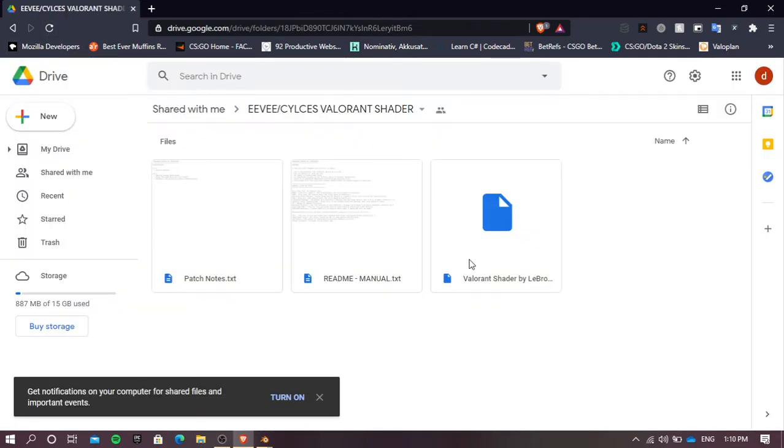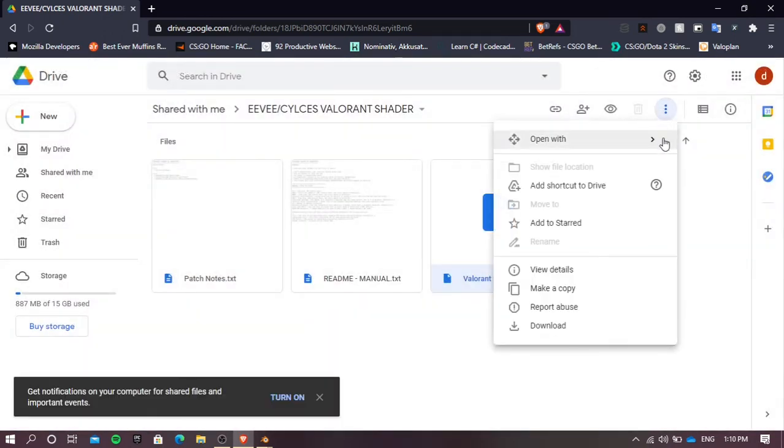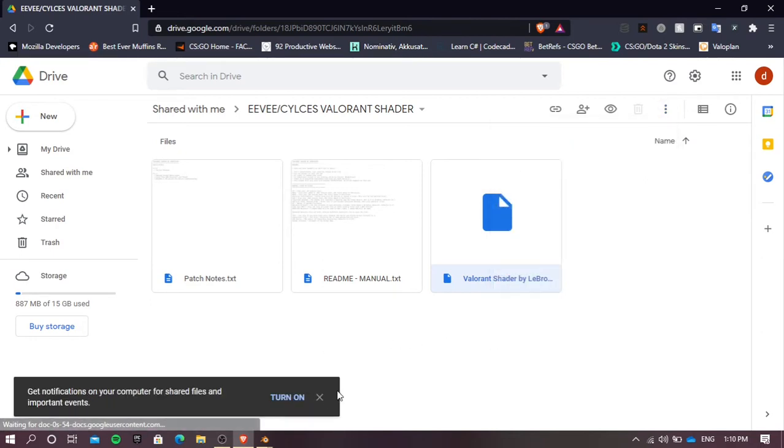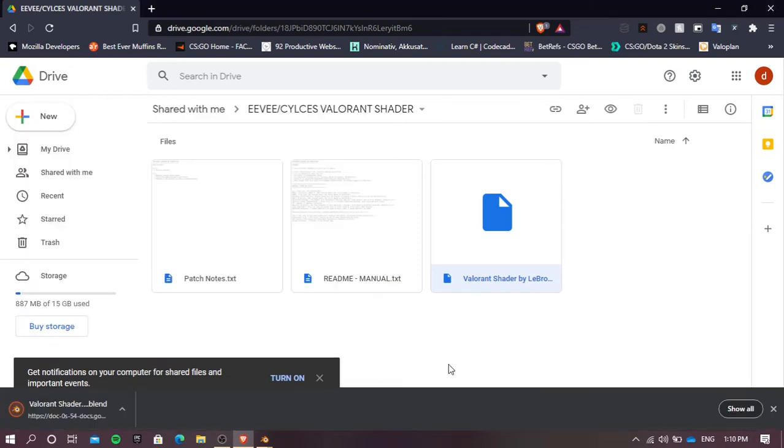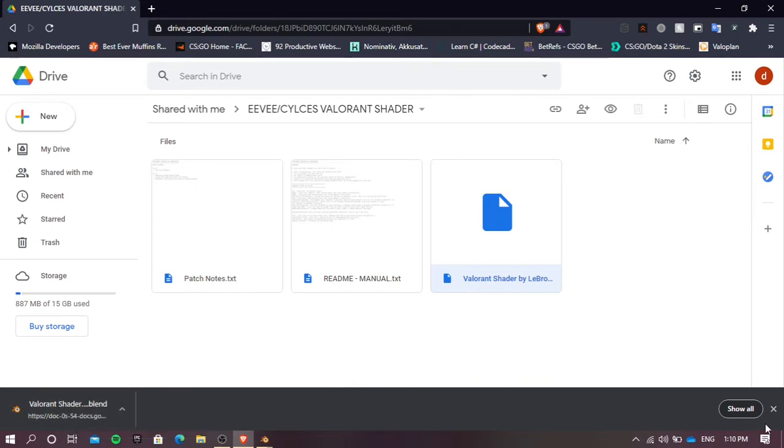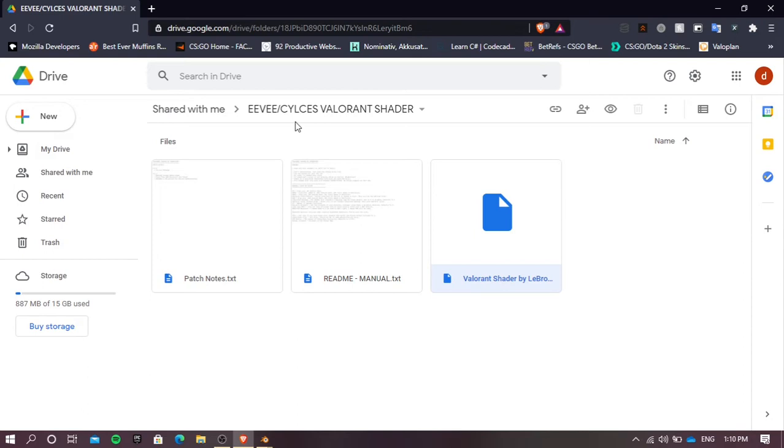Now for the Valorant shader, we're just gonna download this folder right here. So download here. And it's done. So this is the Valorant shader created by LeBrawler. He is on Twitter too, so you can check his work out. Now that we have downloaded all the necessary files to make this tutorial, we're gonna go straight to exporting files